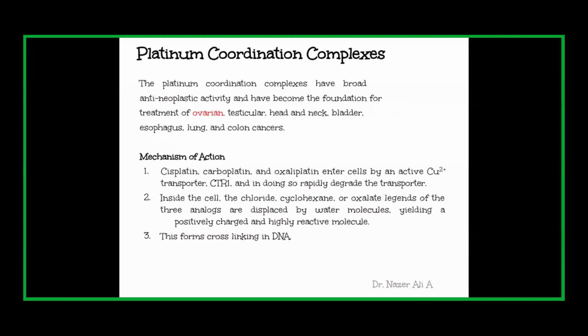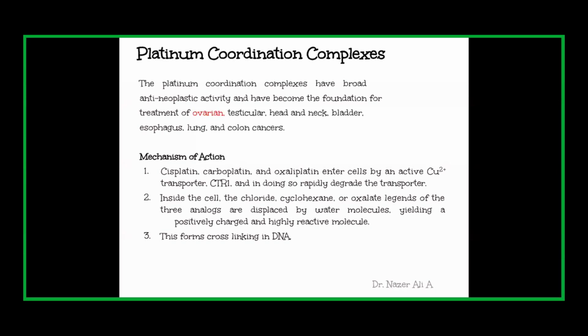If you look at the chemical structure of cisplatin, it will have two chloride groups on one side and two amino groups on the other side. When cisplatin is in the bloodstream, it will usually be in an inactive state because of the high chloride in the blood. Once it enters into the cell, there is a low cytoplasmic chloride ion concentration, and due to this, cisplatin will become reactive.